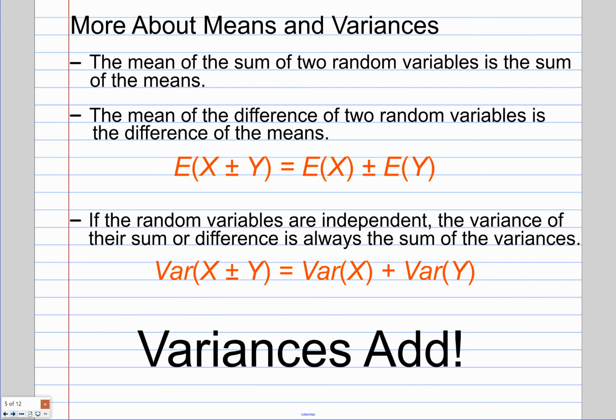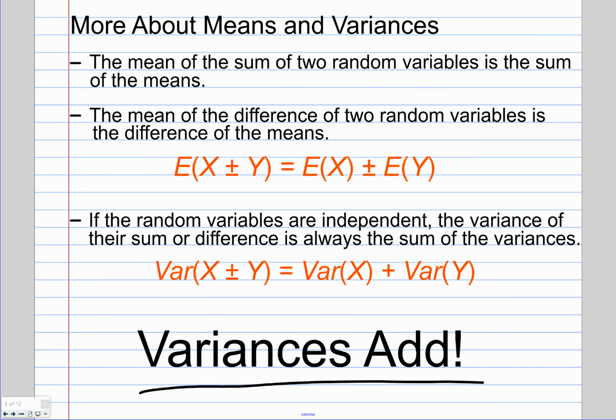This is going to be the phrase or words that I say the most often this week and going forward. A lot of the stuff that we do in the next chapter and then in the units to come, all the way until you graduate, are based on this idea that variances add. This is going to be a little counterintuitive, so I have some examples that have helped in the past. I'll post some videos that I've used in the past to help you explain why we're always going to add